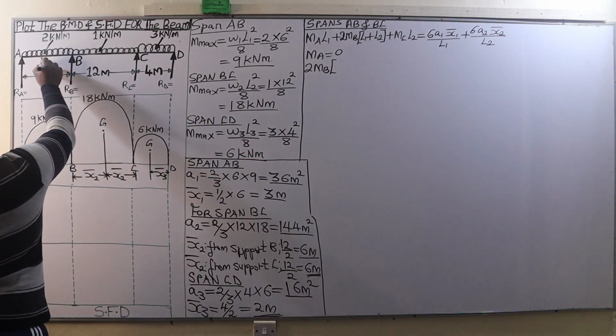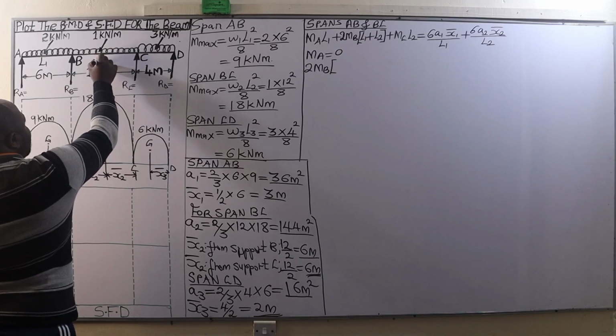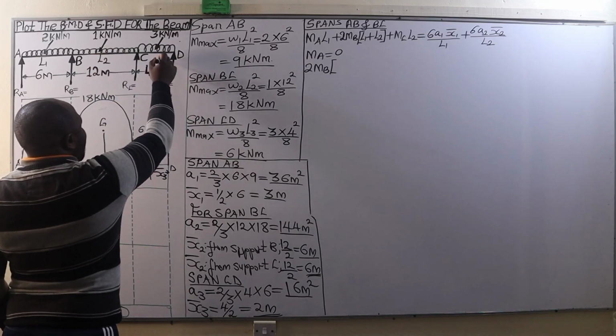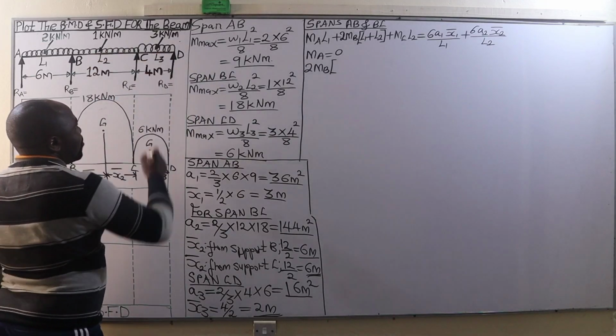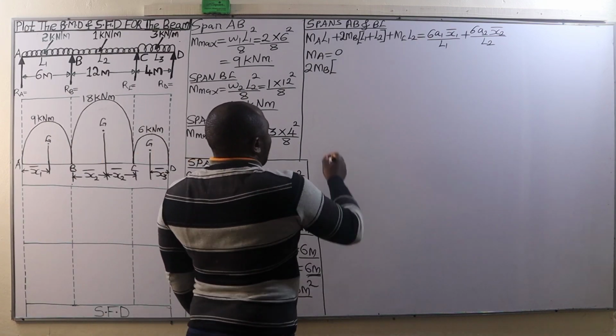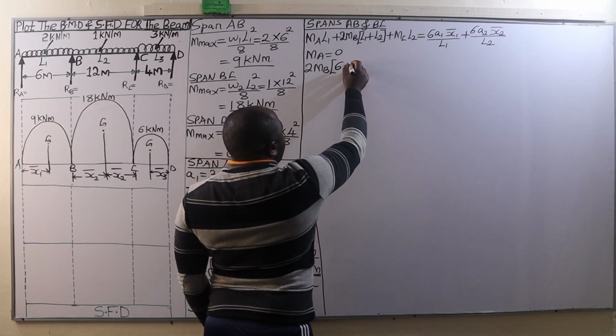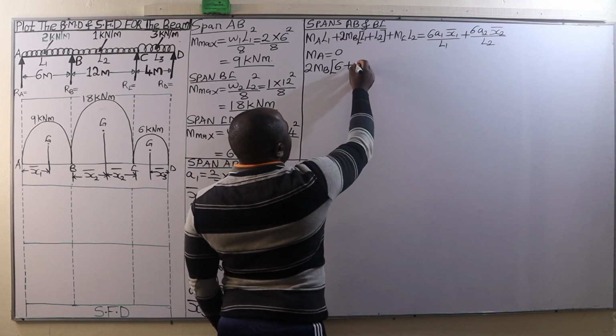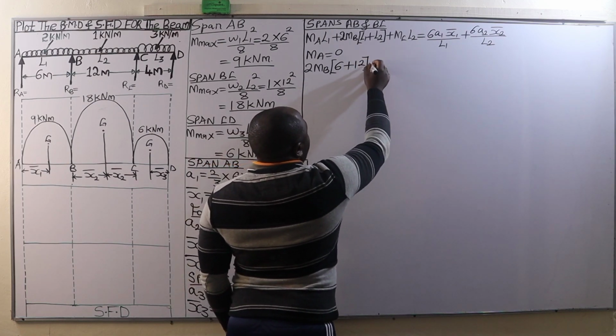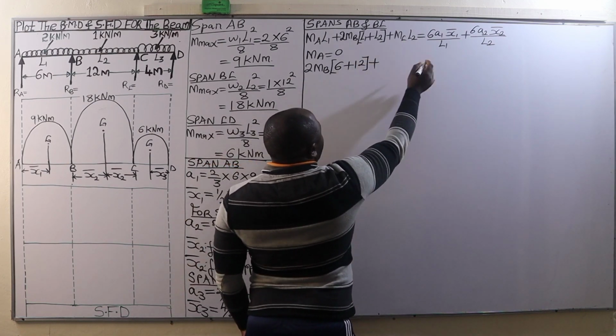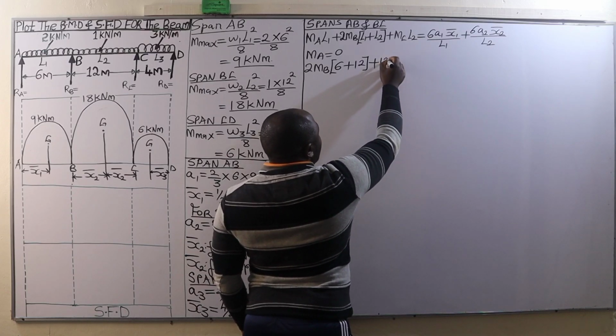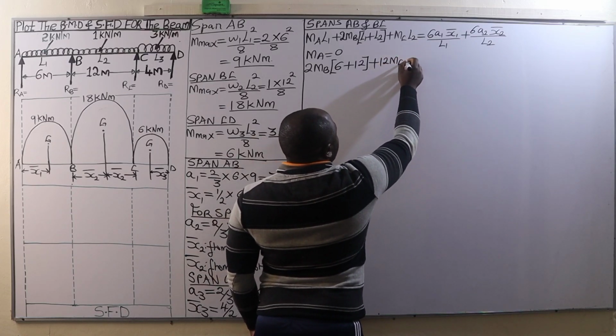L1 is the span A to B, L2 the span B to C, and L3 the span C to D. Therefore, L1 is 6 meters plus L2 is 12 meters, plus MC L2, which is 12 MC,